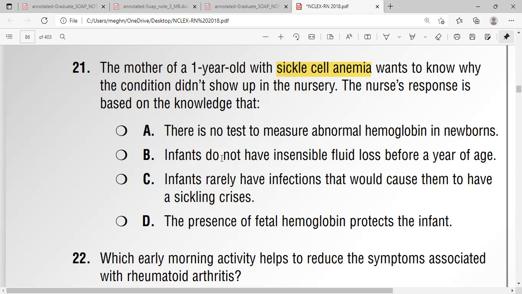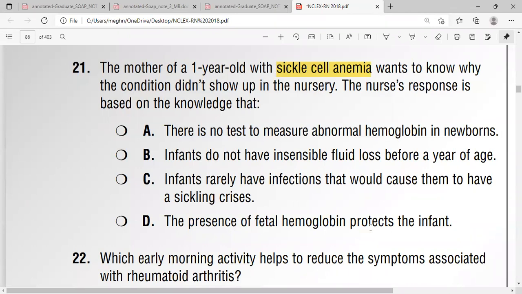Number B, infants do not have insensible fluid loss until a year of age. Number C, infants rarely have infections that would cause them to have a sickling crisis. Number D, the presence of fetal hemoglobin protects the infant. So the correct answer